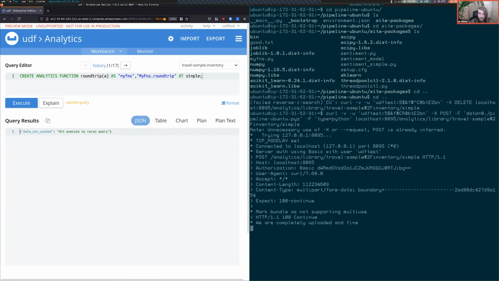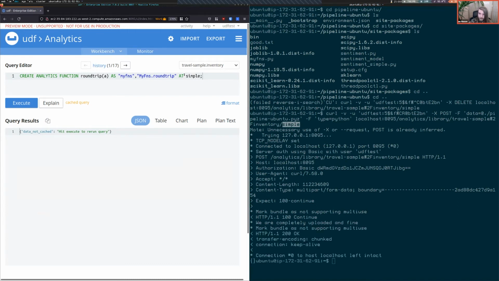Right? So this is basically the same as the function that I was showing in the condensed slide. Except here we're going to upload it to the travel sample scope, and the function is going to be named simple. So that after this is uploaded, we'll be able to use this DDL here that's in the query editor,